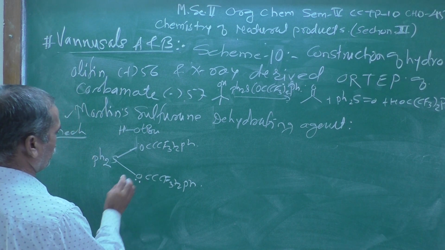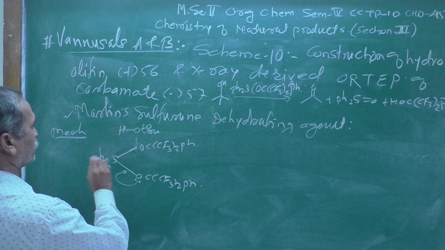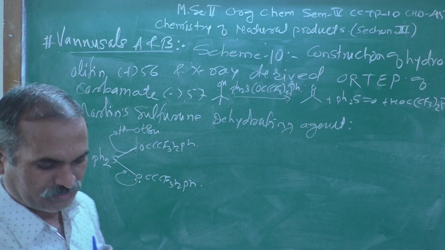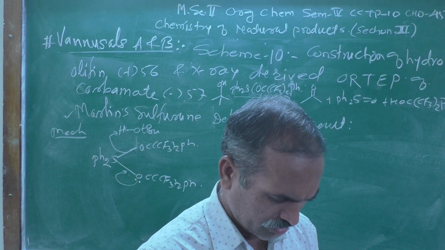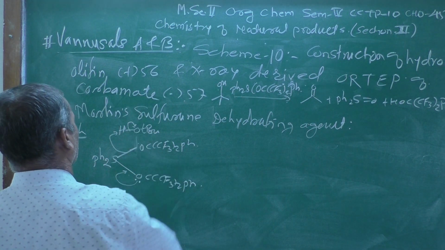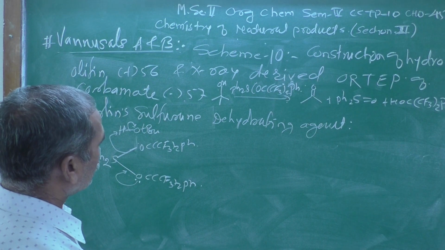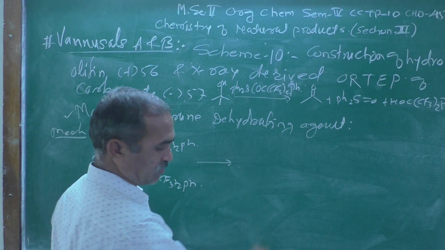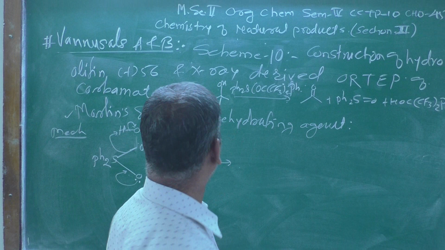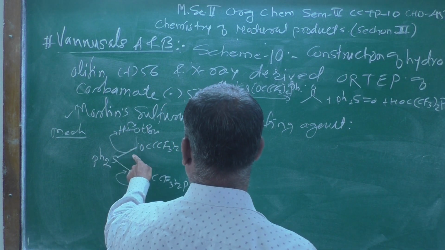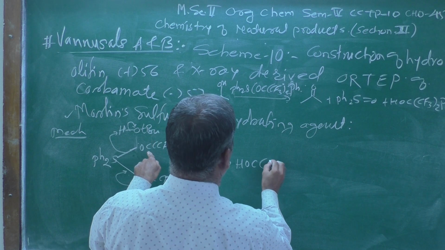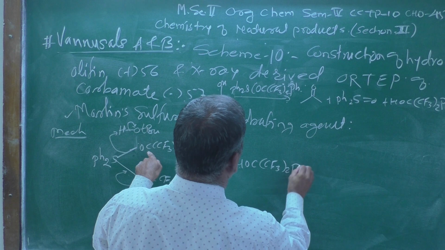Here the lone pair which is present over here forms a double bond, and then this picks up the proton like this and forms a negative charge over here. After that, what do you get over here? Here a hydrogen atom comes, meaning HOC, then (CF3)2Ph,